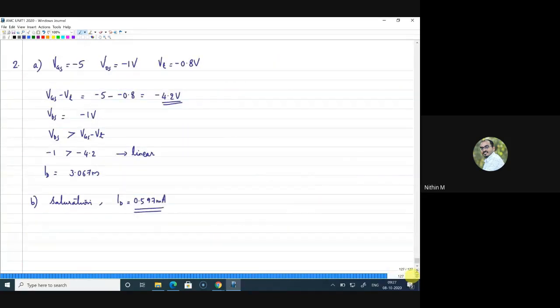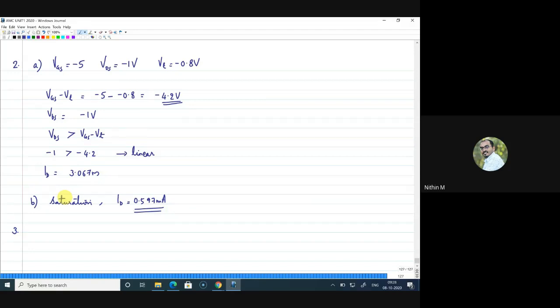Yes, correct. The answer is 0.597 milliamps, or 596 micro. Now, can we quickly go to the third question? I can see 51 participants here, and I'm getting responses from only a few of you, so I assume others haven't tried. You are trying now, and by the time you get the answers, I am telling the next answer. That is perfectly fine. Just check with the answers, and if you have any problem, please ping me. I can help you out.